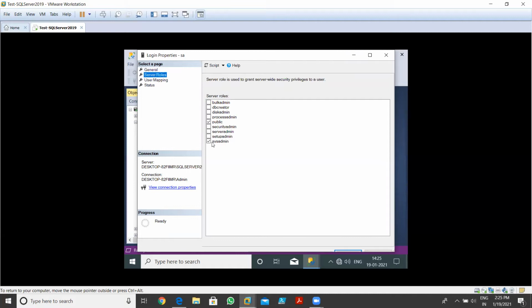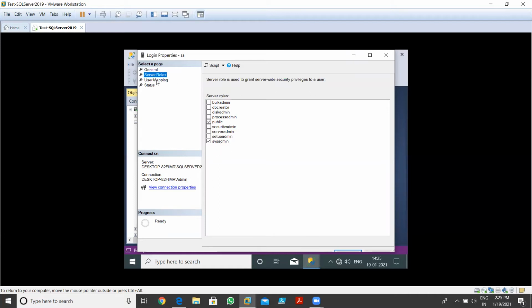If you have assigned a sysadmin role to a specific user, it means that user has all permissions, everything that user is able to access. He is able to create the database, delete the database, modify the database, or start and stop the services through Configuration Manager. Everything this user can do. So it has all the permissions.